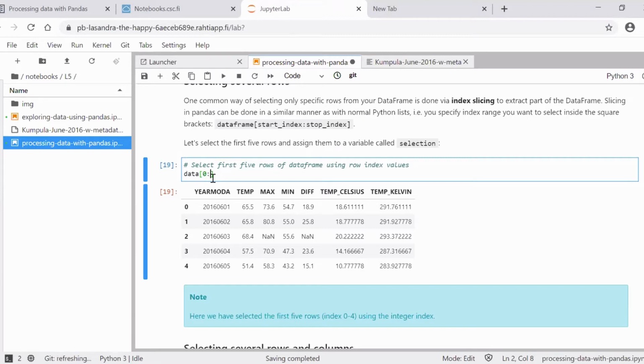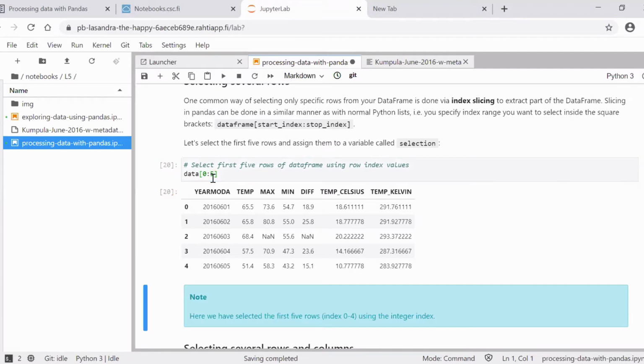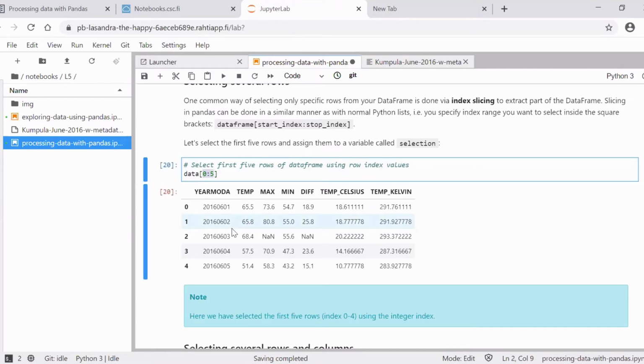So we want to select rows starting from row 0, and then 0, 1, 2, 3, 4 indices, so the first 5 rows. And as with the range function, the last value is not included. So if we put the range from 0 to 5 in the brackets, we can cut out the first 5 rows